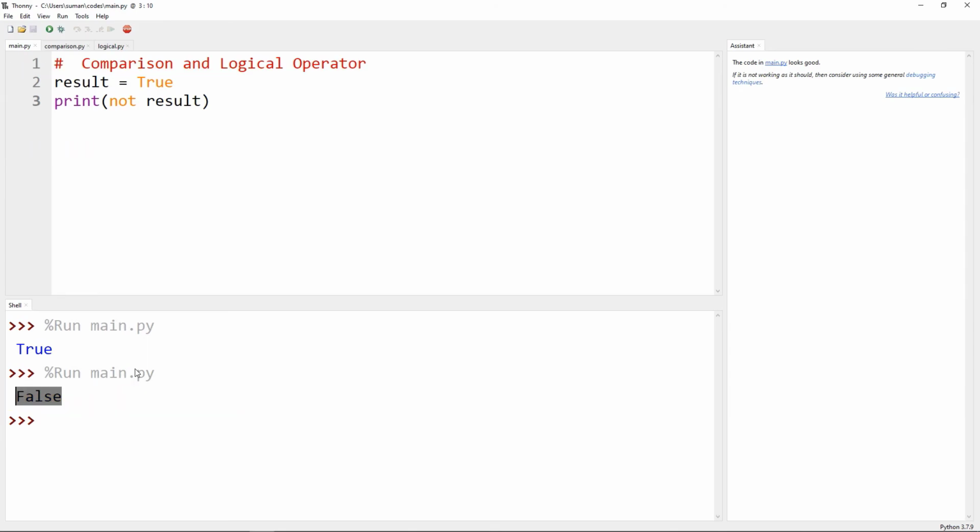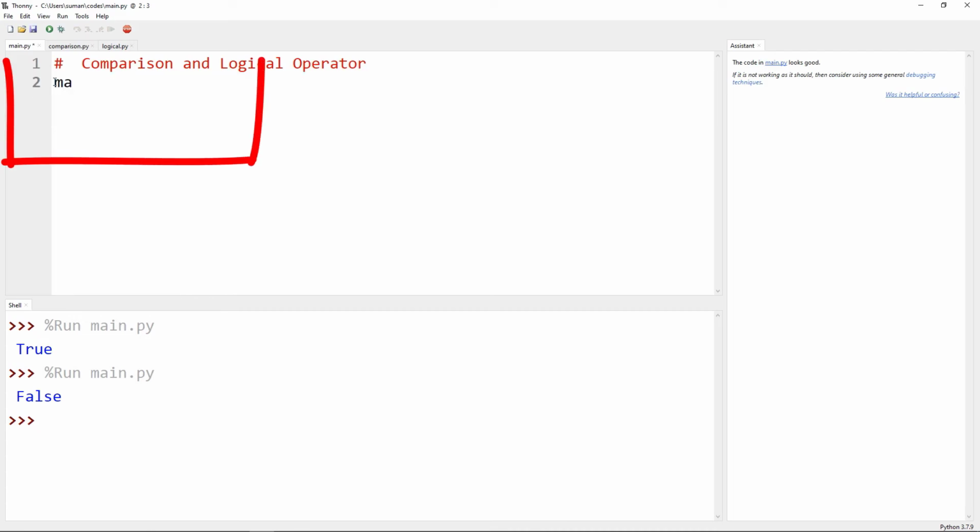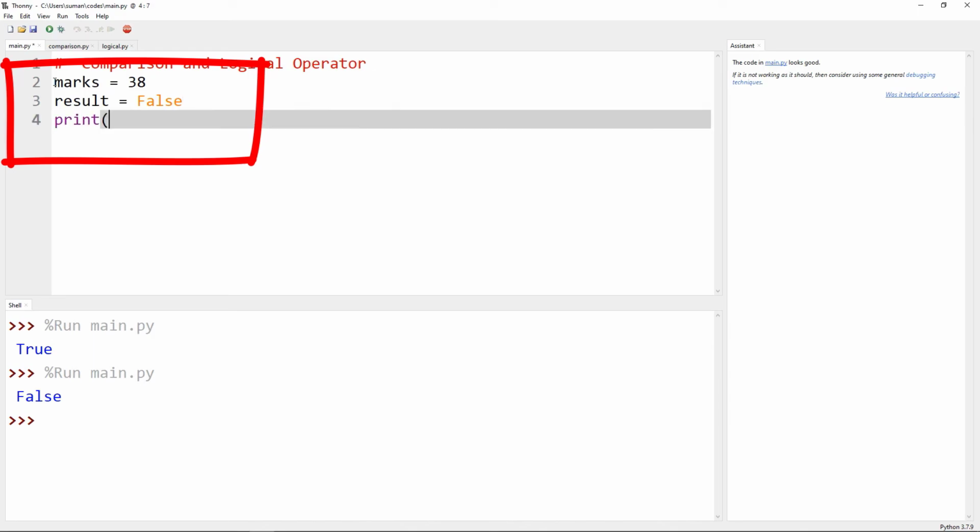Let's check another code. Suppose we have a variable marks equal to 38 and result equal to false, and print marks less than or equal to 40.